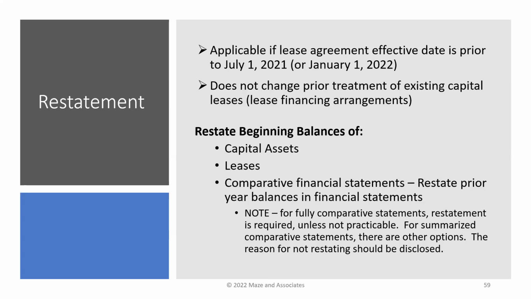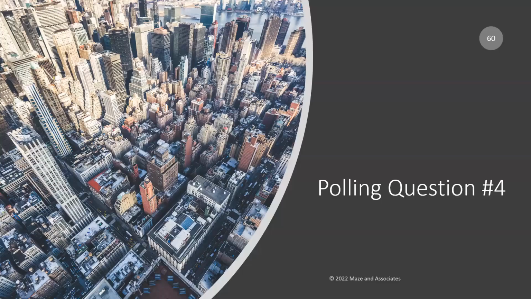And then something else to think about, you have to decide whether or not you're going to restate the MD&A tables. If you don't restate them, then you should add a footnote disclosure on the MD&A tables that indicates they have not been restated for the implementation of the statement, because that's going to mostly affect the statement of net position table.